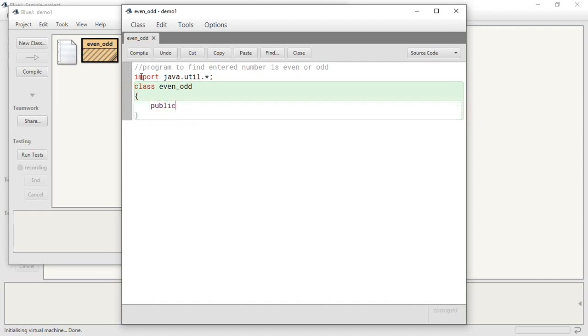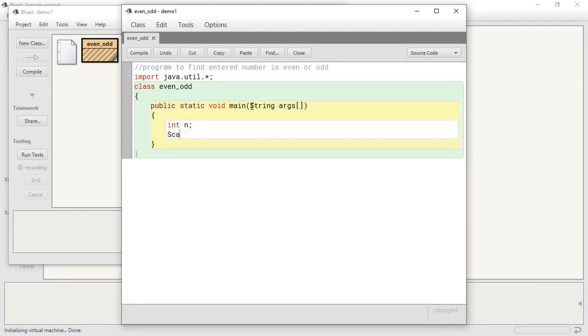Then public static void main. Execution will start from the main function. String, we need to pass the arguments, args. Next, define the number, int n.